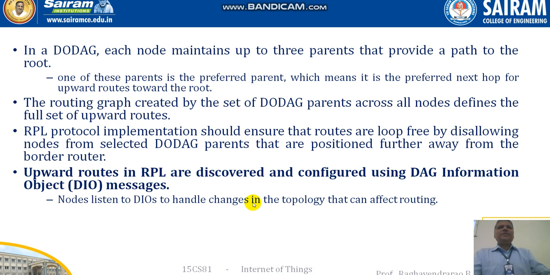In a DODAG, each node maintains up to 3 parents that provide a path to the root. One of these parents is the preferred parent, which means it is the preferred next hop for upward routes towards the root. The routing graph created by the set of DODAG parents